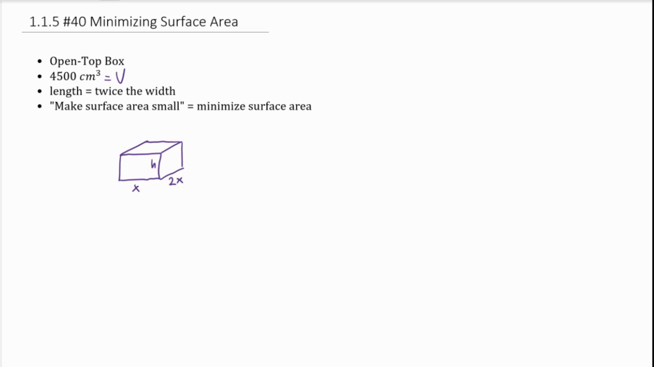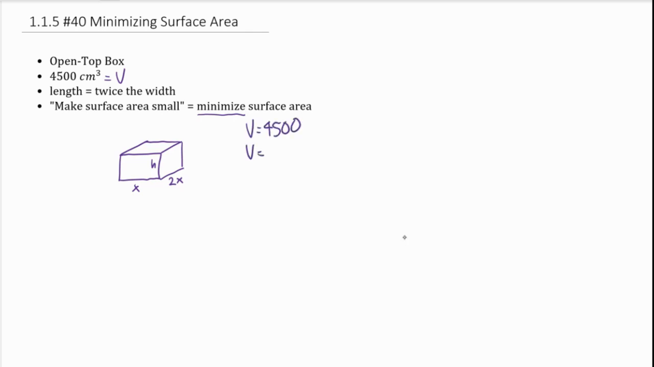We are minimizing surface area. So if we were trying to maximize the surface area, we'd want it to be the most amount of surface area, but we're minimizing because we want the surface area to be small. We want the least amount of surface area. So let's start with what I know. I know the volume is 4,500. So volume,